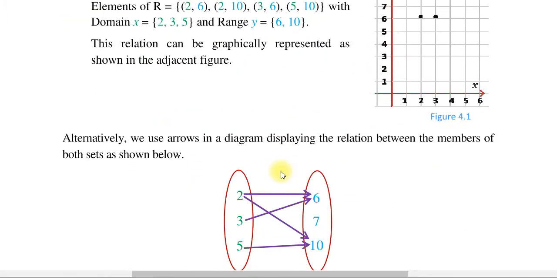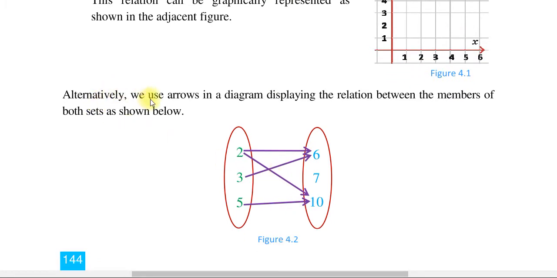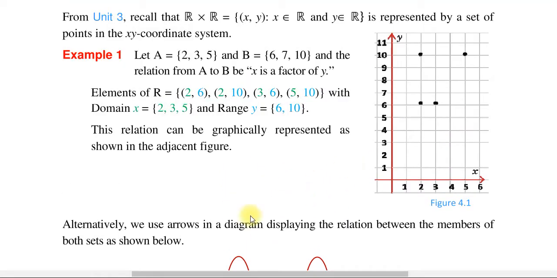ስለዚህ ግራፊካሊ ፖይንቶችን እንደዚህ አድርገን ሪፕሬዘንት ማድረግ እንችላለን ማለት ነው። Alternatively, we use arrow in the diagram displaying the relation between the member of both sets as shown below. ለምሳሌ እዚህ ላይ ዶሜን አለን፣ እዚህ ጋር ሬንጅ አለ። ኦኬ 2 10, 2 6, 3 6 አሁንም ምን አለን 5 10 አለን ማለት ነው። ስለዚህ በእንደዚህ አይነት ወይም ሪፕሬዘንት ማድረግ እንችላለን፣ በግራፍም ሪፕሬዘንት ማድረግ እንችላለን ማለት ነው። ኦኬ